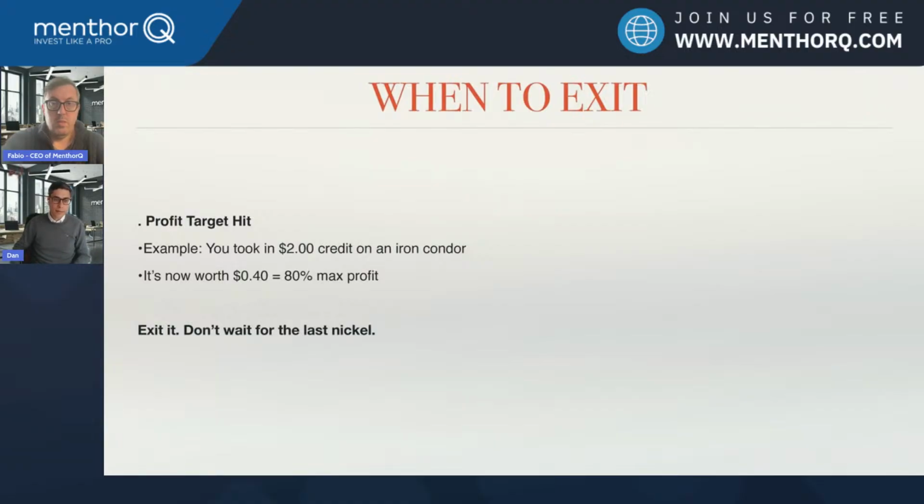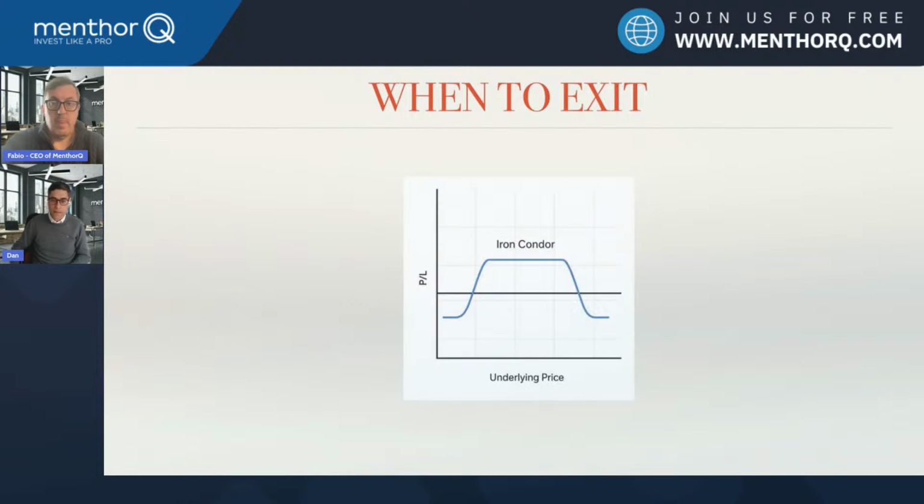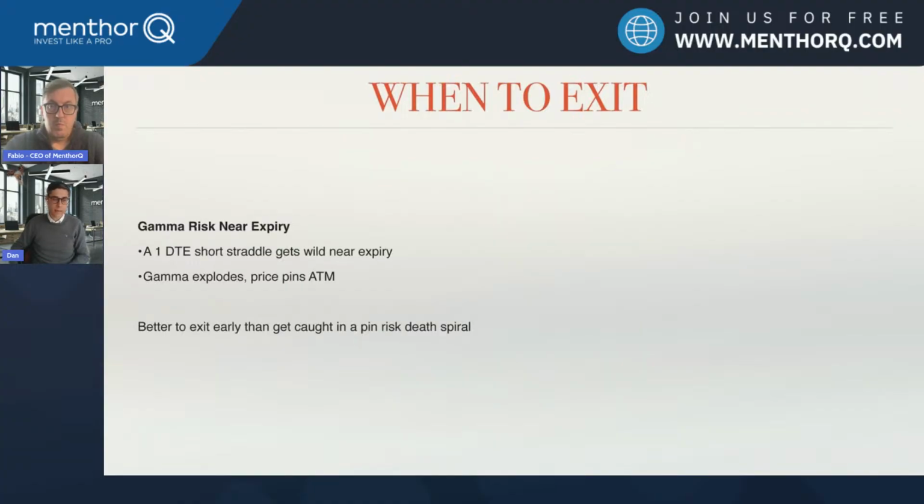So please don't wait till the last nickel. So many trades I've seen go to 80% and then they become losers. So don't do that. If you have an iron condor and you're somewhere here, 20 days are left, and you maybe don't have a full super profit, but you are close to 50%, take it off. Take it off and put your money somewhere else or take some days off.